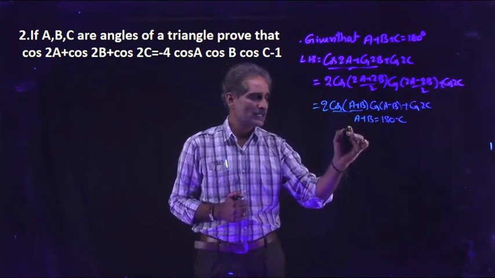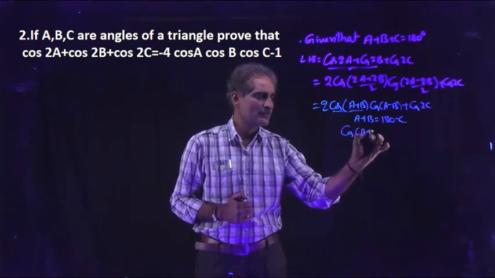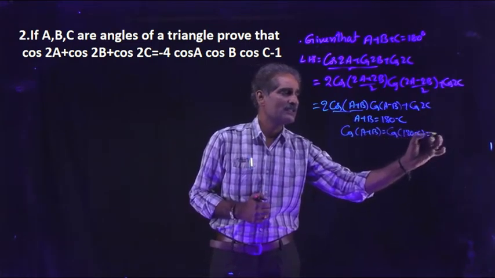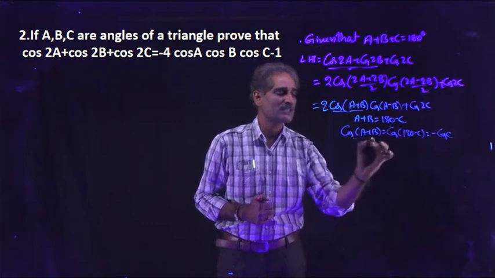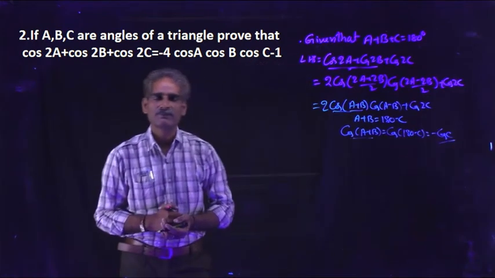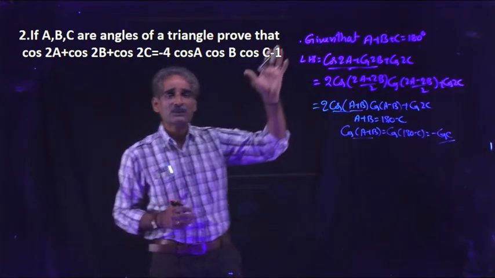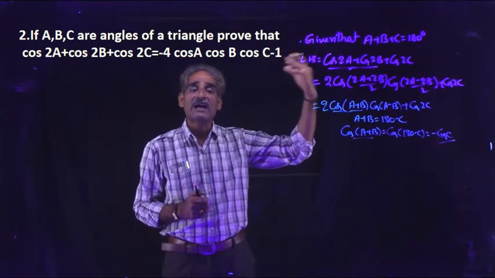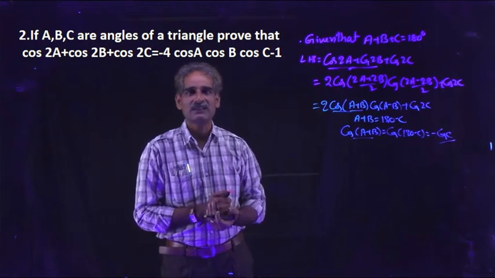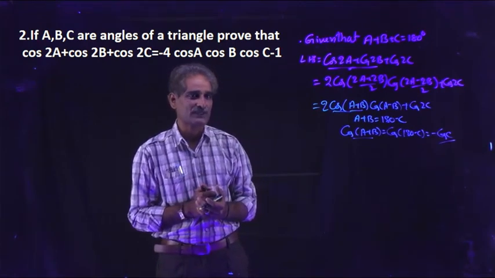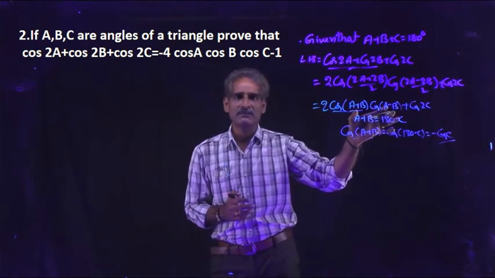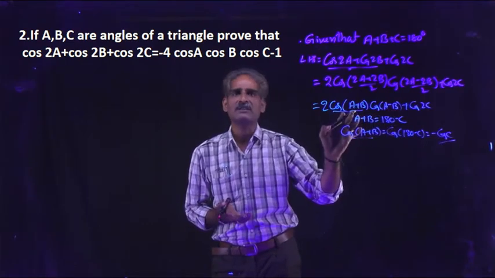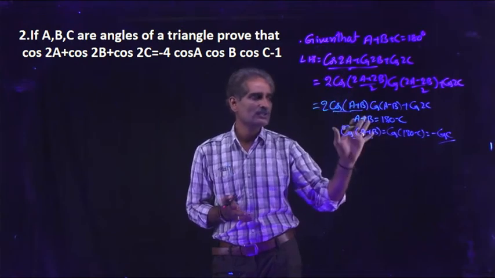Okay, so cos of A plus B is equal to cos of 180 minus C, which is equal to minus cos C. Replace cos A plus B by minus cos C. Understand? We have to express cos 2A plus cos 2B plus cos 2C as some value equal to 4 cos A cos B cos C in terms of single angles. But here the compound angles are there. We can't change this angle into a single angle, so here only you can write with the help of this. So this is the way.